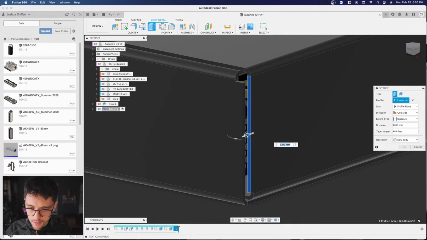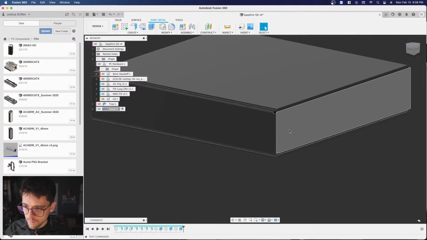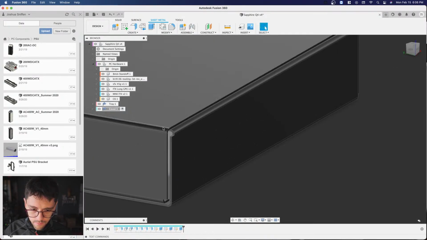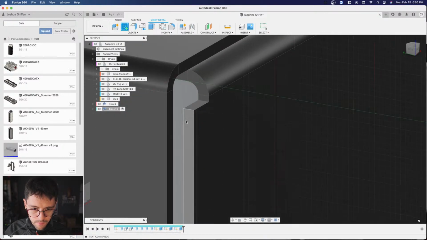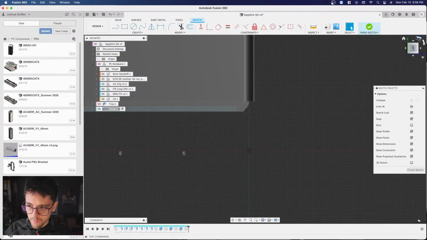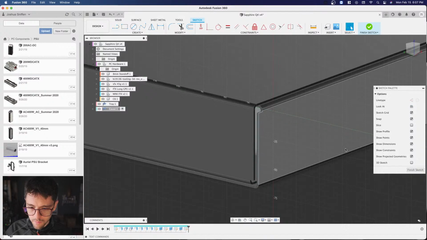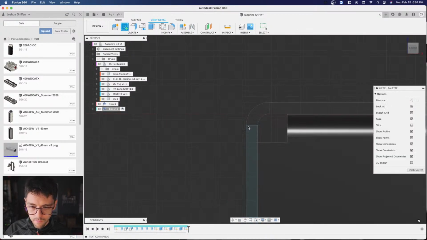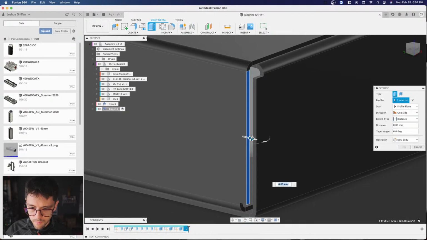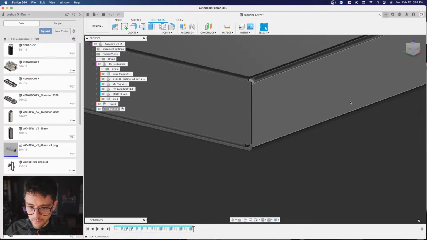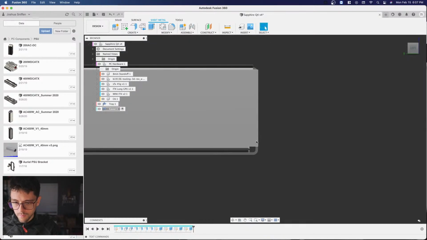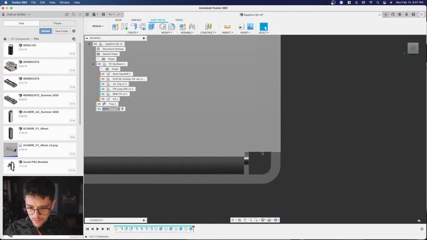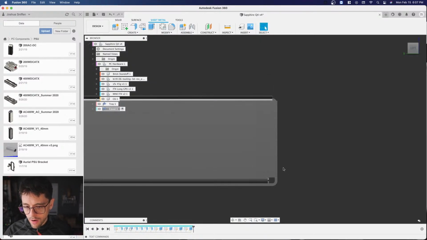My little arrow's missing. Got front, back, back here, one more. Oops, that's not what I meant to do. Cool. Yeah, okay. So now that I've done that, I can see that my little cutout for my relief is no longer square, and I want that to look good. So I'm going to make